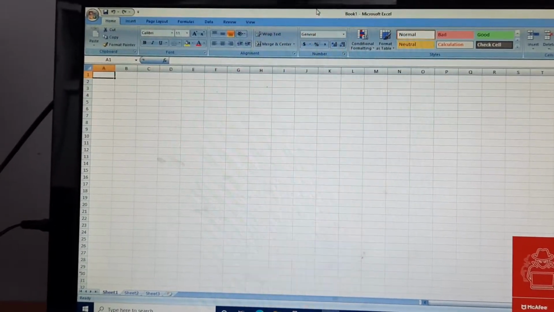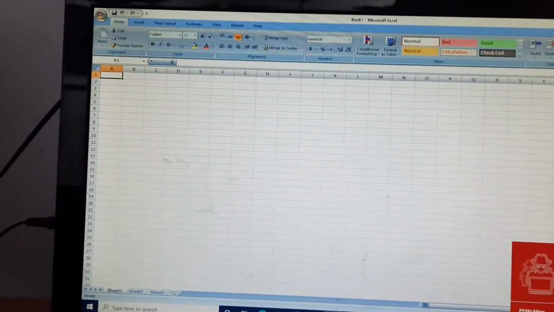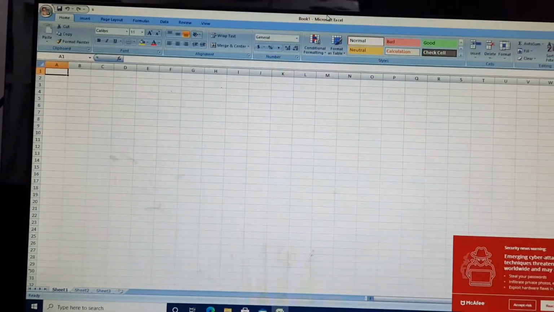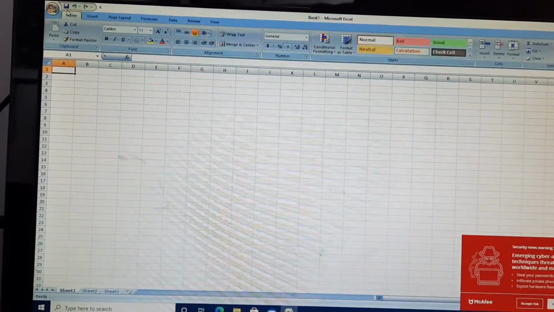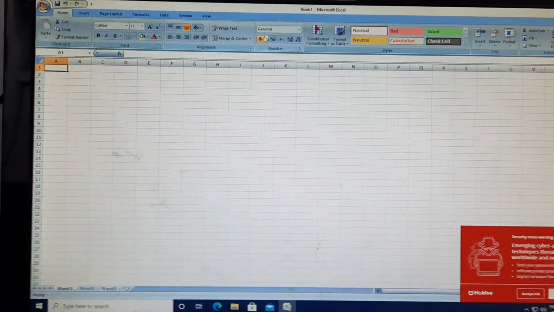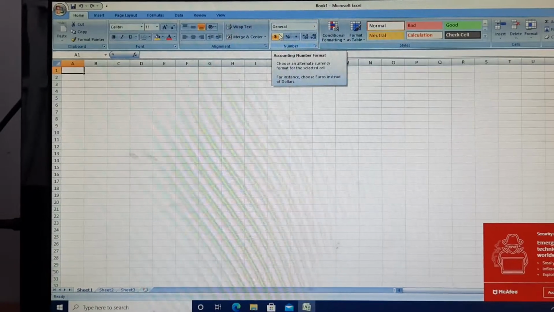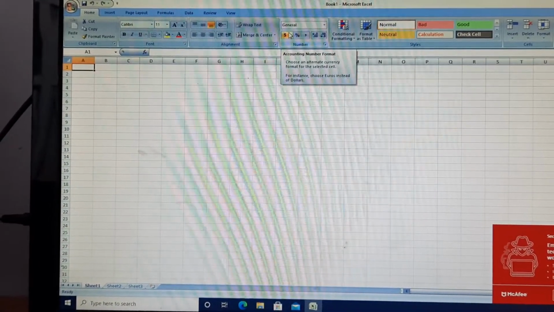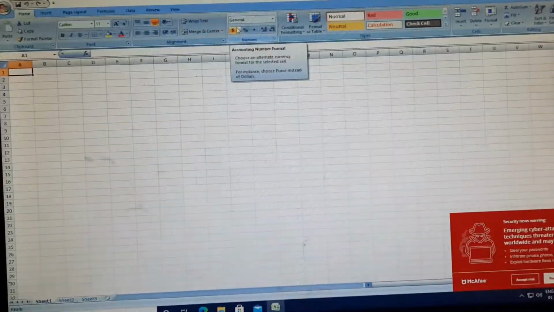Now in the ribbon there are so many options, especially the tabs. These are the tabs: Home, Insert, Page Layout, Formulas, Data, Review, and View. It's similar in each and every application. The ribbons and tabs are the same, but some things are included in other applications.